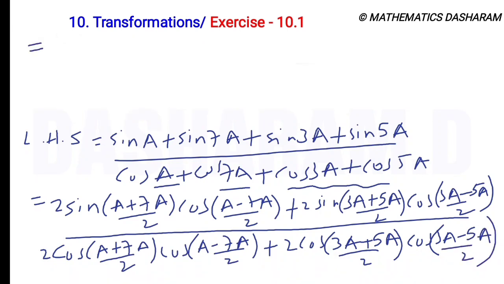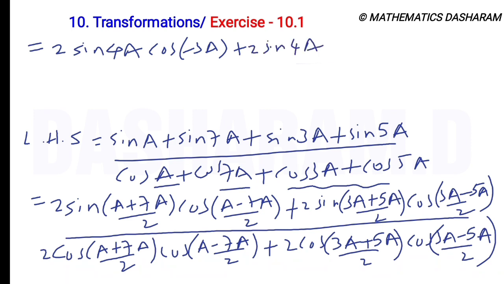So it is equal to 2 sin, here A plus 7A is 8A, 8A by 2 is 4A, and here A minus 7A is minus 6A by 2, so minus 3A, plus here also 3A plus 5A is 8A by 2, it is equal to 2 sin 4A, and here 3A minus 5A is equal to minus 2A, so it is